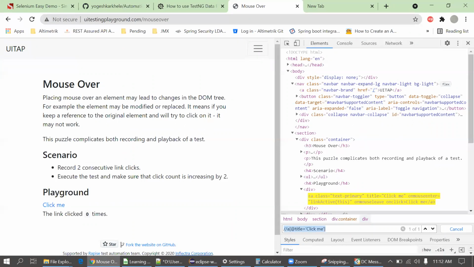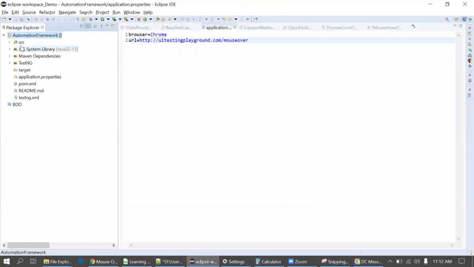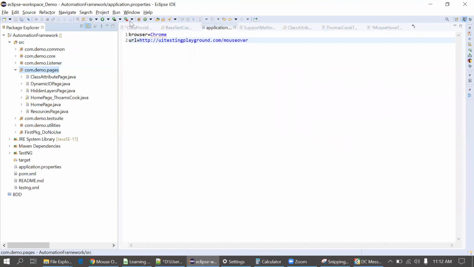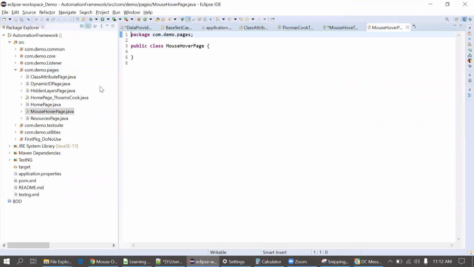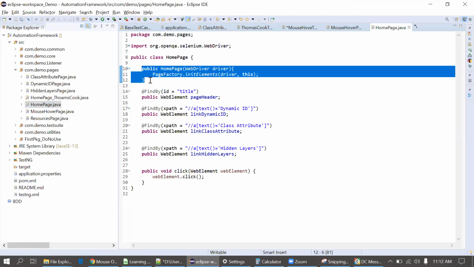So this is the mouse over page. I'm copying this XPath. I'll go to the page. I'll quickly create one page here. Delete this page factory constructor.